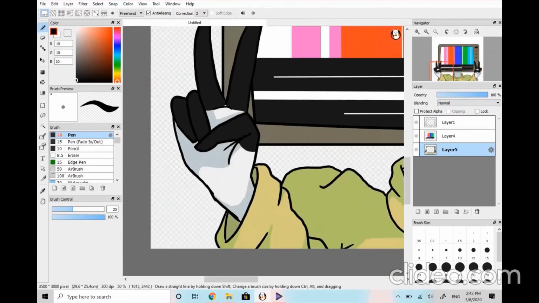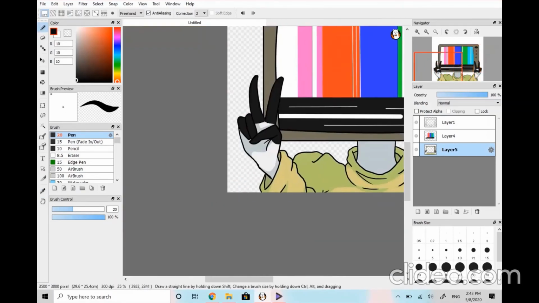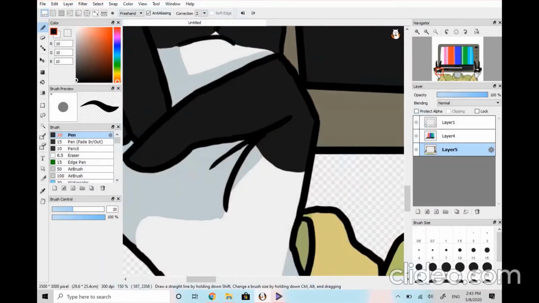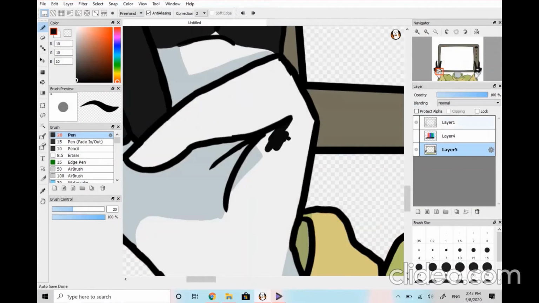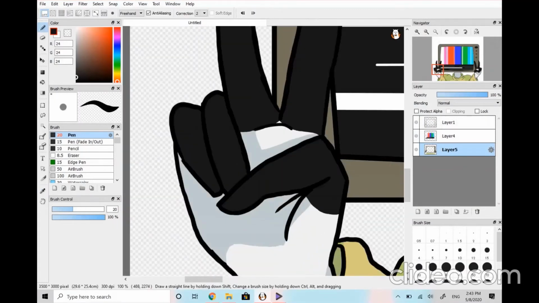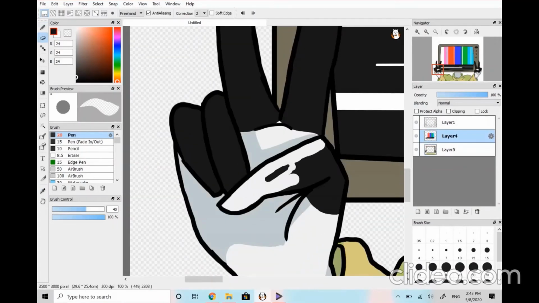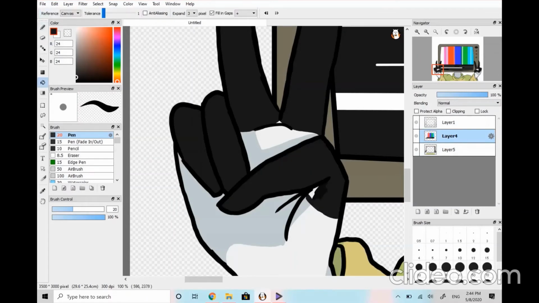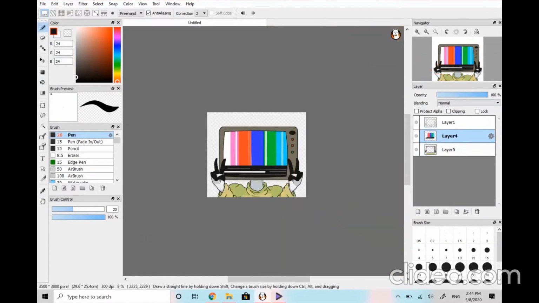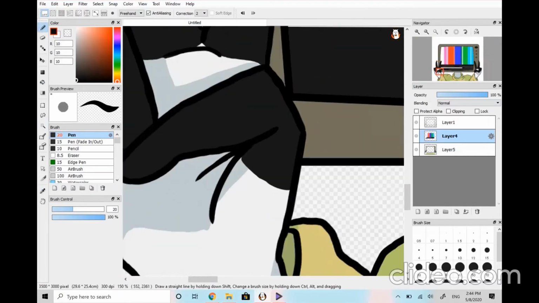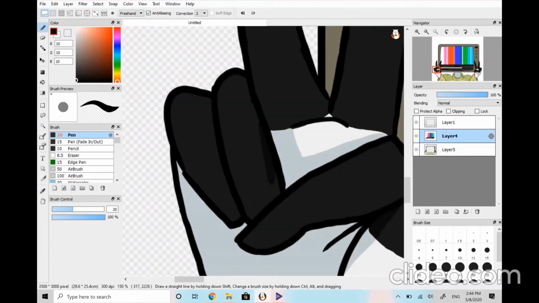But if you're drawing traditionally, I recommend going over your line art with a pen just to make the lines a little bit crisper and easier to see. It also just makes things look a little bit better in my opinion, and everything stands out more. Because if you're just doing it with pencil, a lot of times once you start coloring it, all of that kind of fades in together